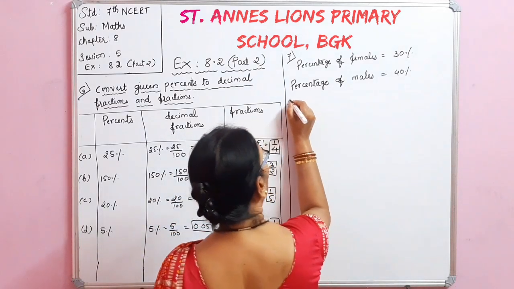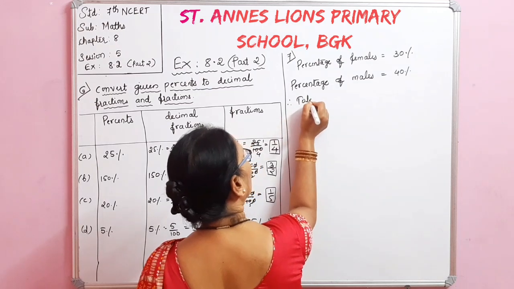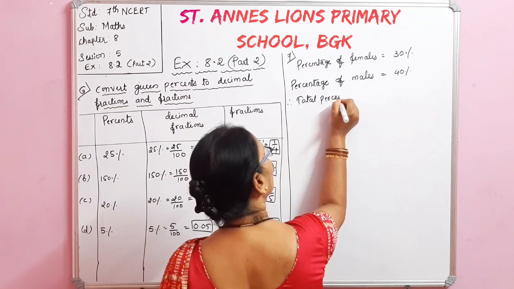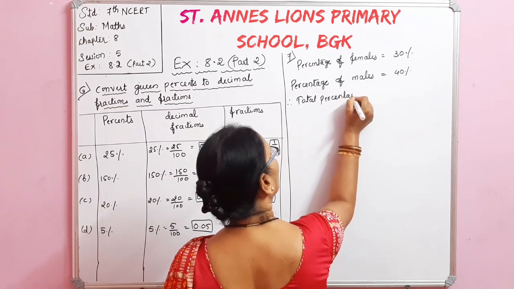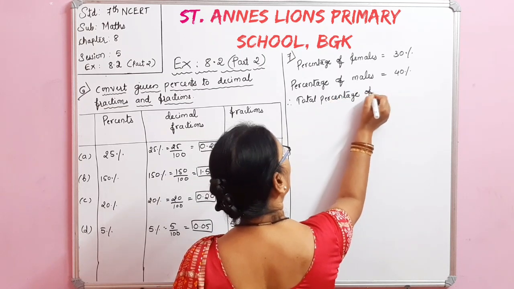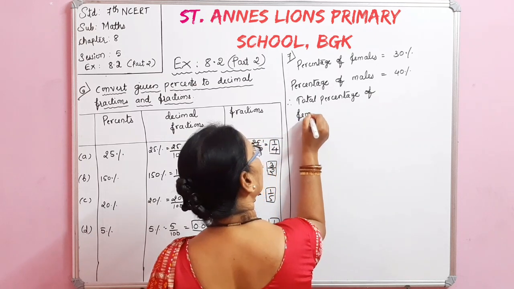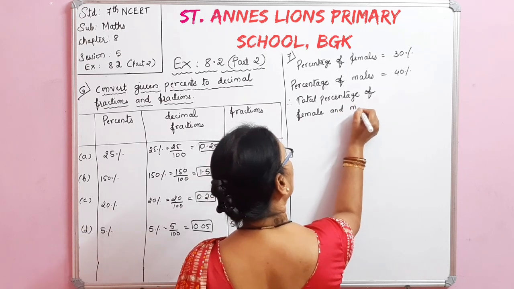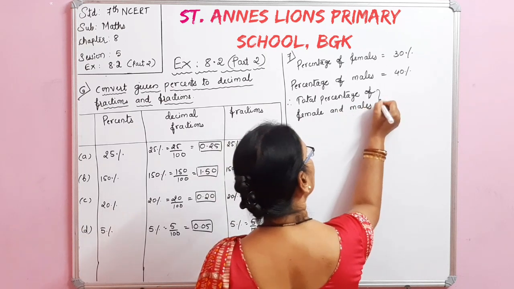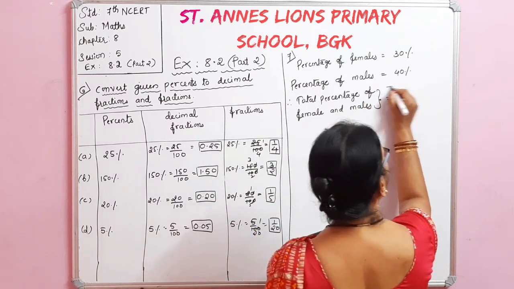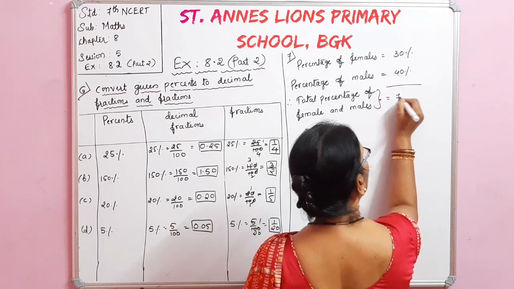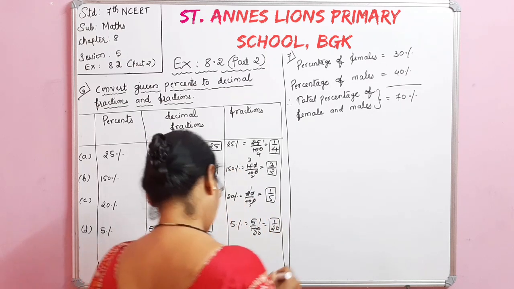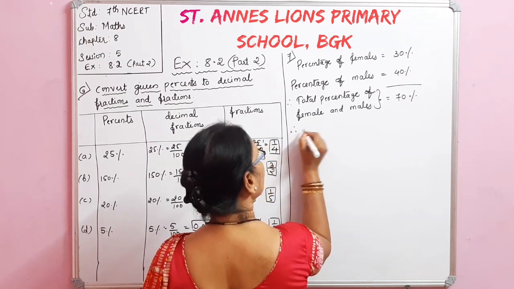Therefore, total percentage of females and males is equal to, see, 30 plus 40, 70%. Therefore, percentage of children is equal to